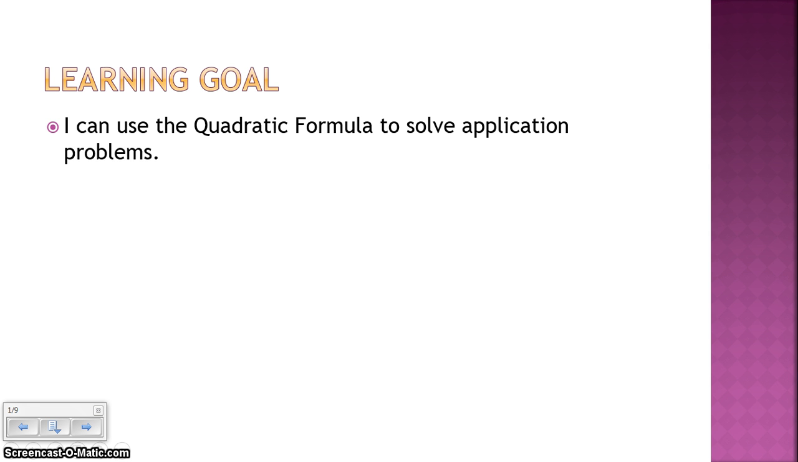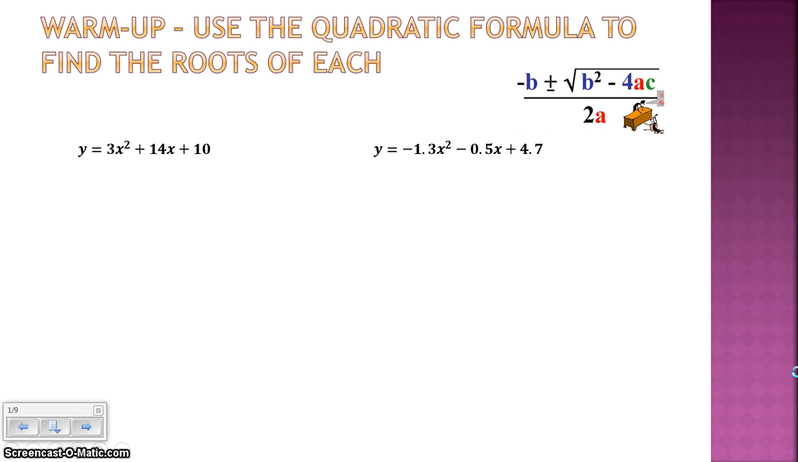Okay, moving on. Let's get everybody warmed up. So what we're going to do is we're going to use the quadratic formula, which we learned on Friday, to determine the roots of each example here. So what I'd like everyone to do is, using the equation in the top right corner, that negative b plus minus the square root of b squared minus 4ac divided by 2a, use that to find the roots of each